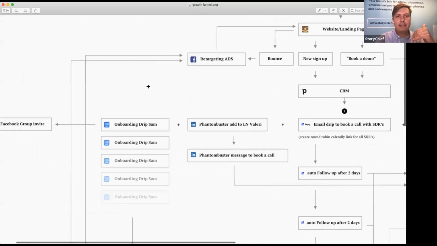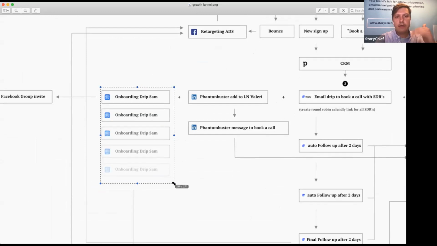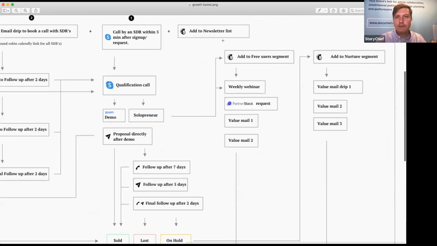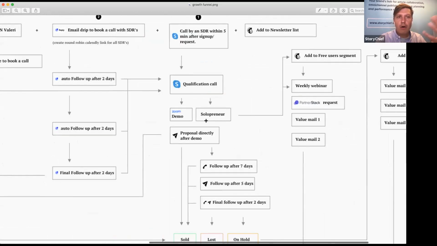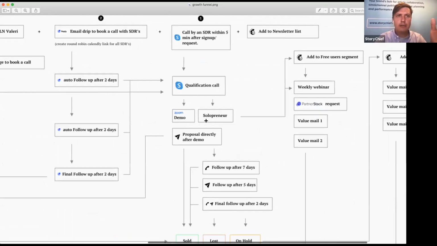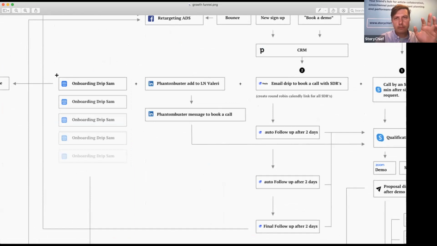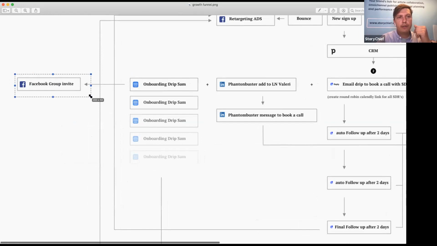This email campaign is different from this one or another one. The emails I've talked about are more about value, like book a call, book a demo, more sales kind of things, while this drip campaign is all about onboarding. Okay, now it's time to add users. This is how this feature works and that feature works, helping them. But within that email, we also want people to join our Facebook group. We have this Facebook group,